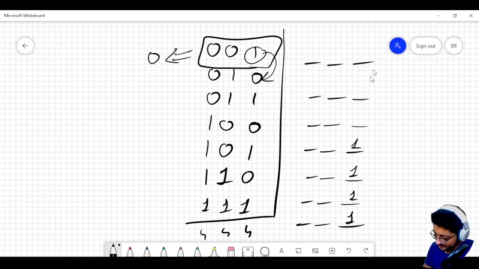So as you can see, the first column only has 4 bits like this. Now instead of placing the other bits, I have to place 4 bits in this column also. Now what you can see here is, because I want to minimize the total product, why not just keep them 1 only? I just keep them 1 only. Now try placing the other 4 bits in this position. So 1, 1, 1 and 1.